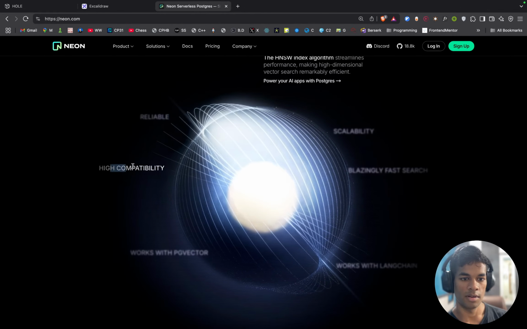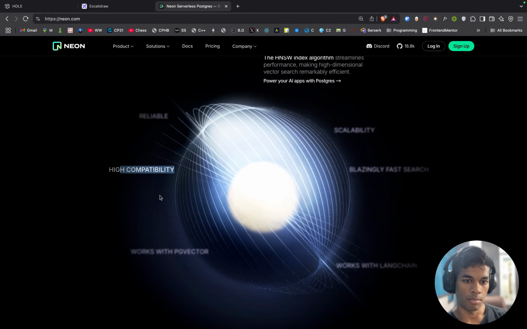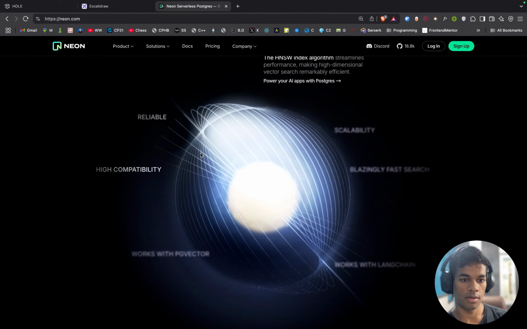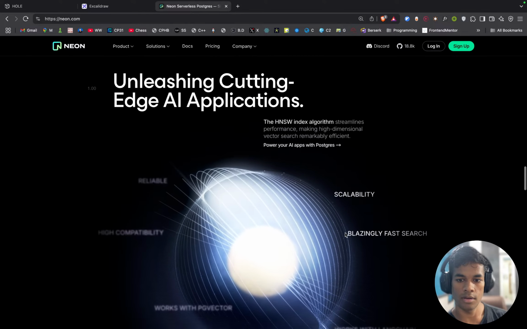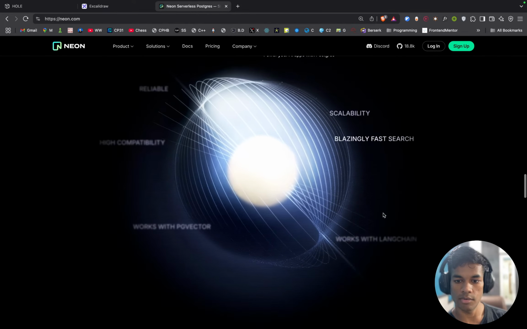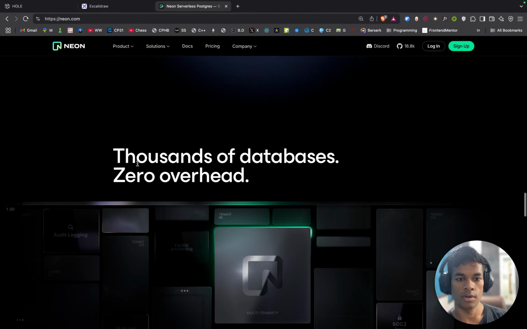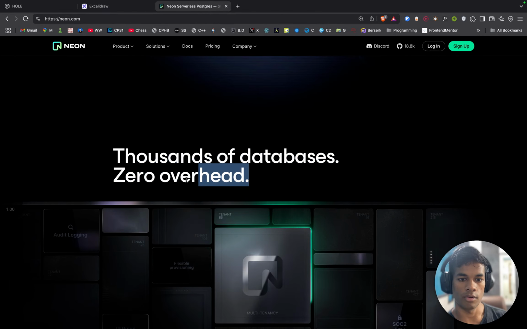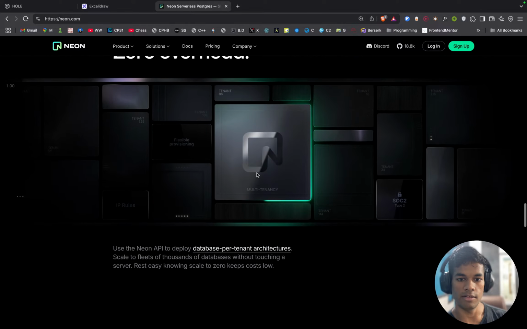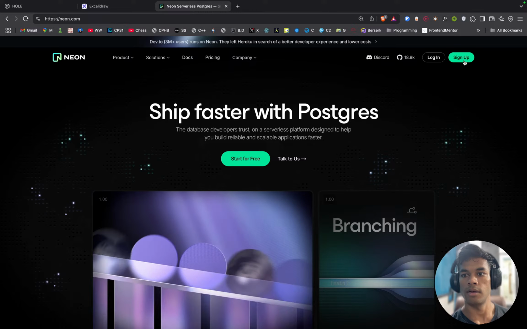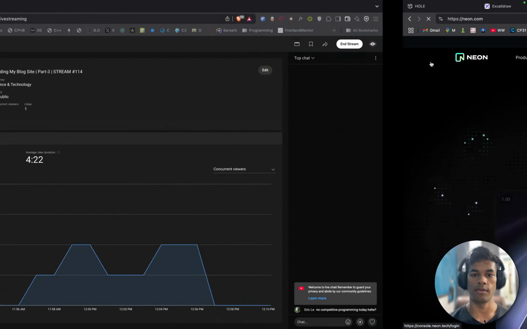Reliable, high compatibility. Is it the same animation happening at random intervals? This is actually cool. Thousands of databases, zero overhead. Login.